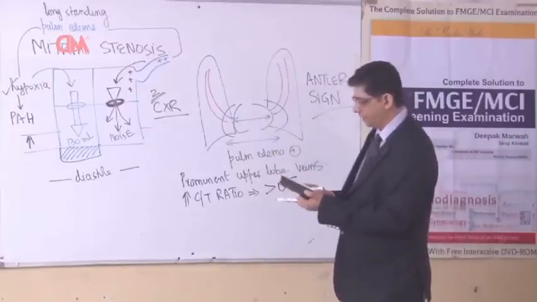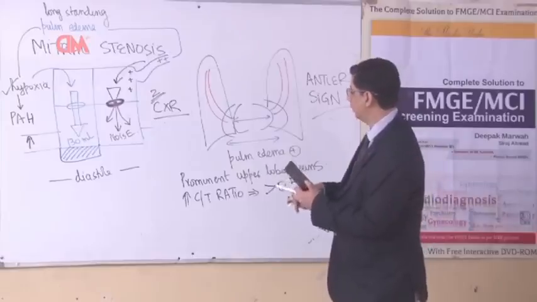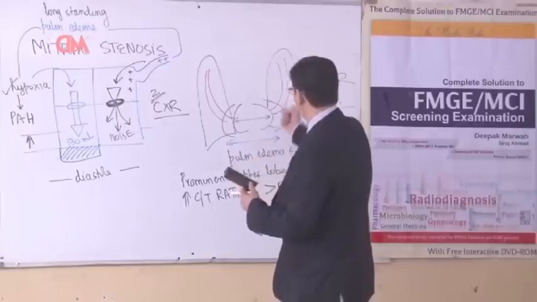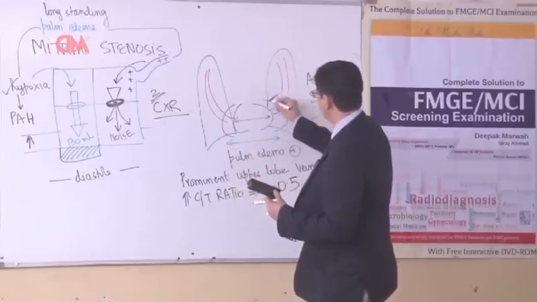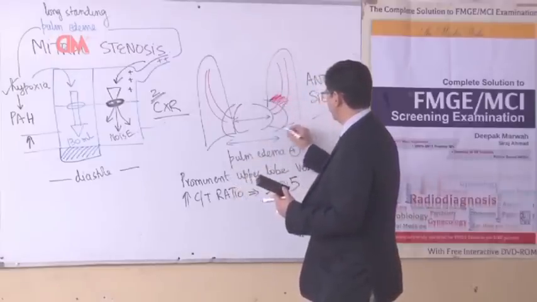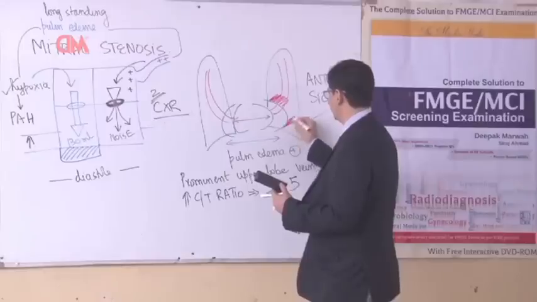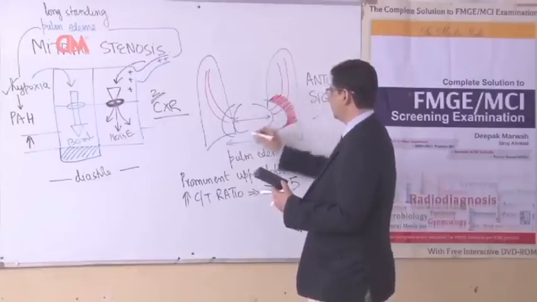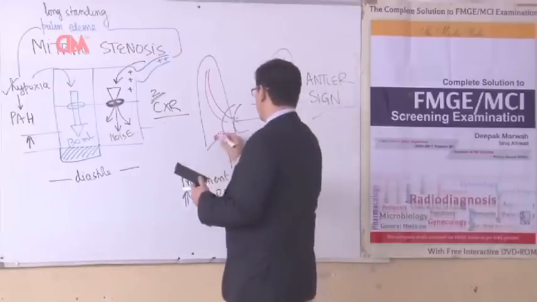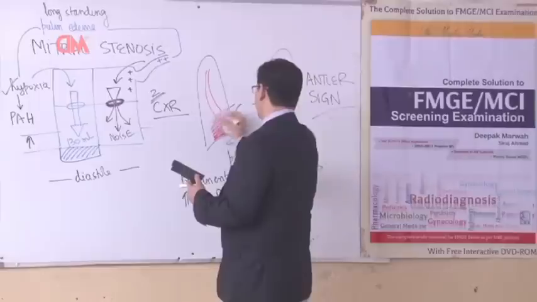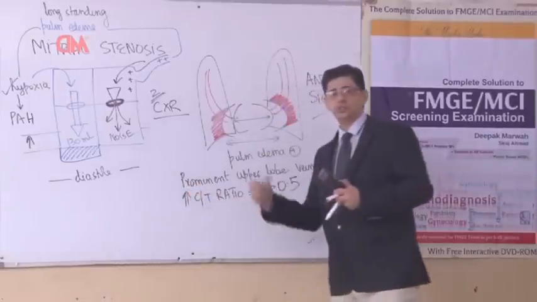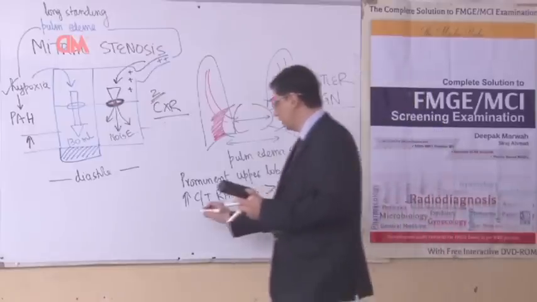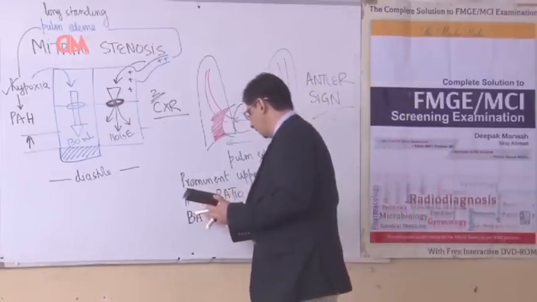As the congestion increases, there will also be development of pulmonary edema, which will contribute to the fact that there would be a whiteness in the X-ray. Now, if you look at the radiological findings in the patient, you will notice whiteness, which is pulmonary edema developing in the patient, especially in and around the cardiac borders. The way I am shading it before you, I am trying to explain that this looks like the wings of a bat. So this that you can get in an X-ray in a picture-based MCQ is known as bat wing pulmonary edema. This is a very characteristic term.